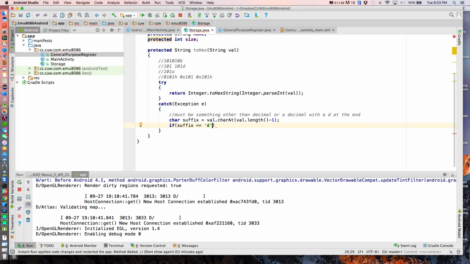Yeah, why? Because D is the hex value. 10 with a lowercase d is a decimal number, and 10 with an uppercase D is 10D. So converting it to lowercase is not going to fly. We need to look specifically for lowercase d. So if suffix is equal to lowercase d, then we're going to